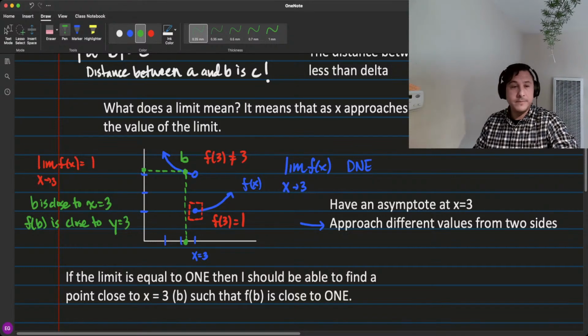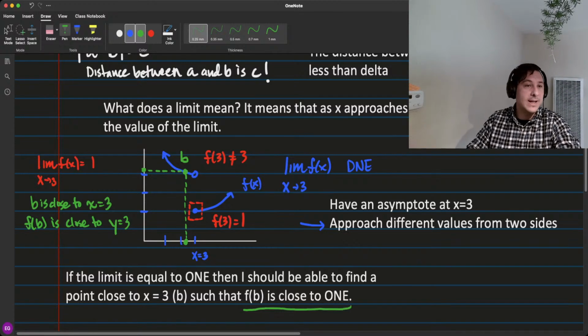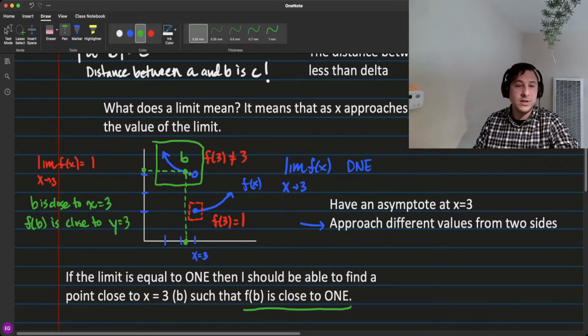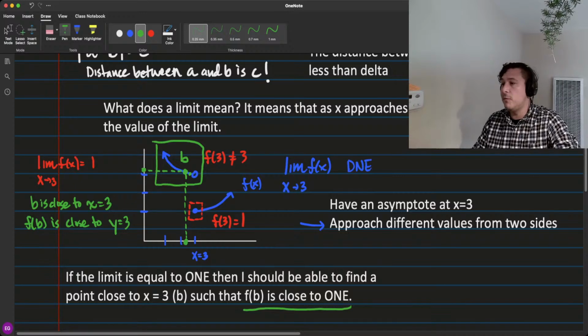Now, what was it supposed to be close to if the limit existed? 1, right? Now, here's the sad thing. If you look at this part of the graph up here, if you look at any of these points that are close to 3, do any of them have y values that are close to 1? No. And that's why the limit doesn't